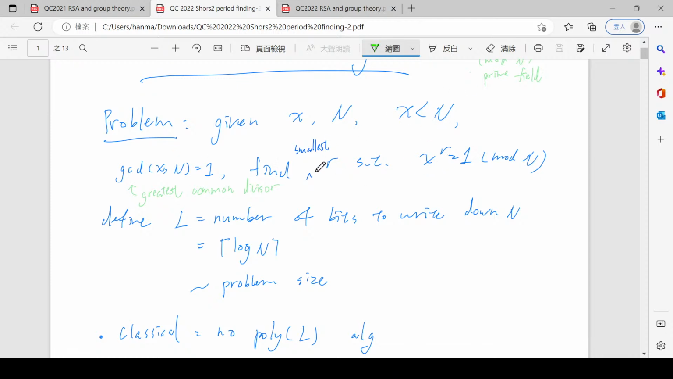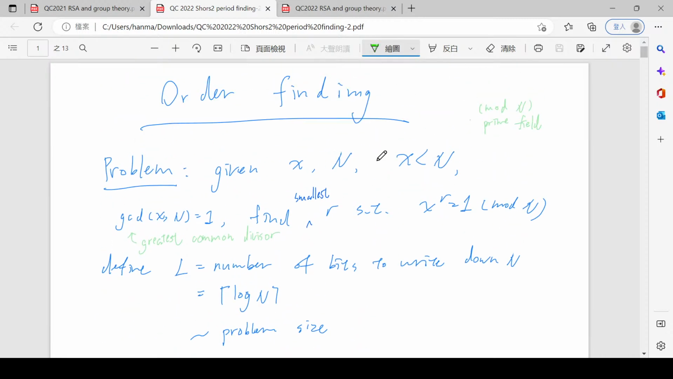That is the smallest integer such that if you keep multiplying x with itself, you hit x to the r-th power, and you find that x to the r equals 1 mod n. So this is the order. This is a number theoretical thing, and we have shown that if for any pair of x and n, you can find this,